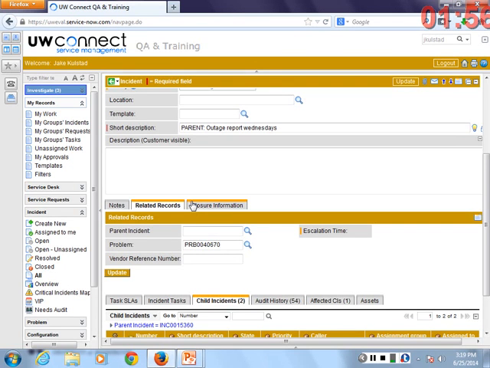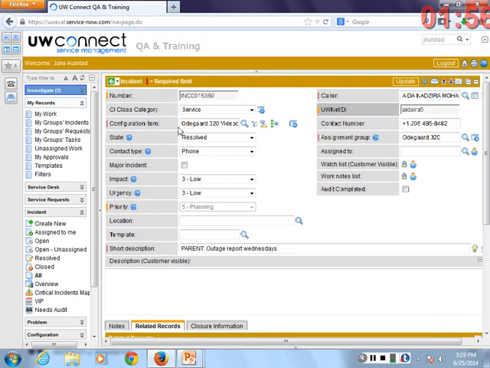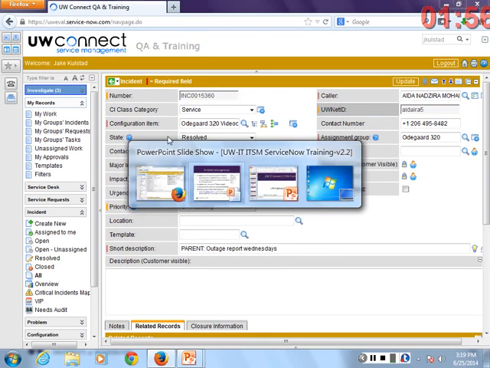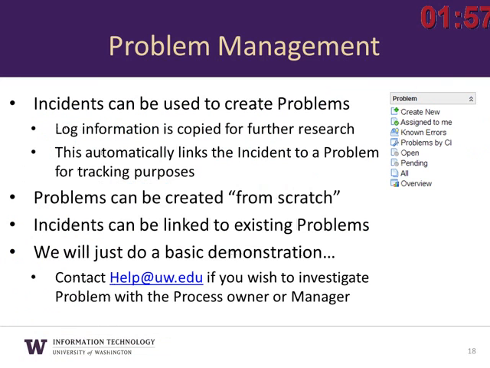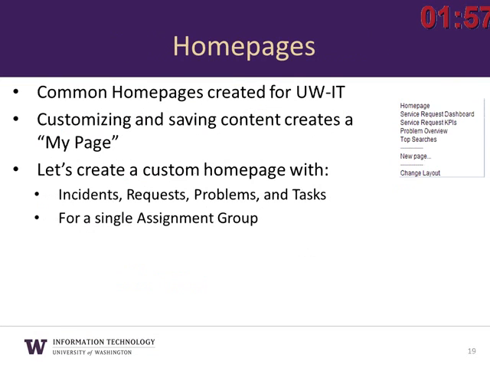That make sense? So you may find other problems in your world that are more mundane. I can think of several where I would like to track the root cause over time, and this is a way to link your records. That's all I really wanted to demo in problem. Anyone have any questions about that? Okay. Just basic problem control, not full-fledged problem management.